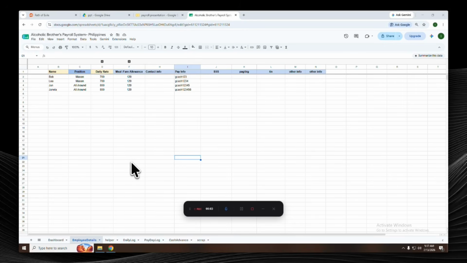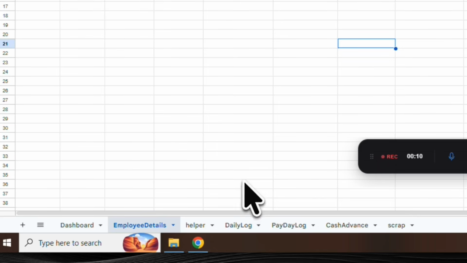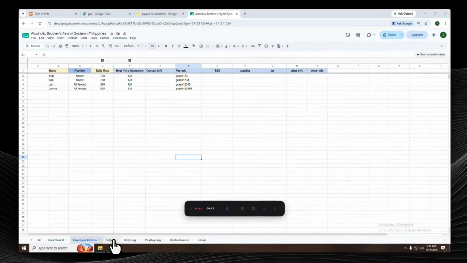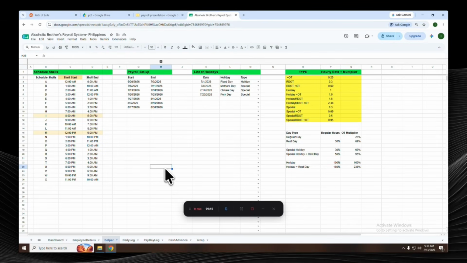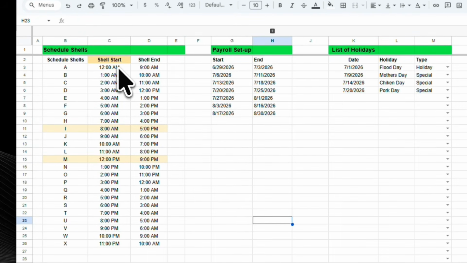All right, so moving along. The next step is to set up your reference tables. I have here a helper tab, and it actually contains 4 very important tables. The first one is going to be the schedule shells. Let's just assume that for a schedule that starts at 12 midnight and ends at 9 o'clock in the morning, I'll call that schedule shell A, then B, up until X. If you notice the sequence here,